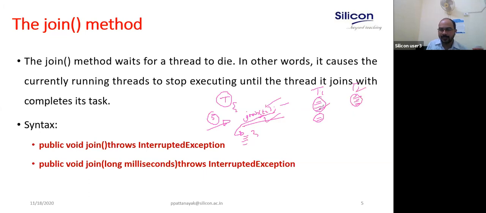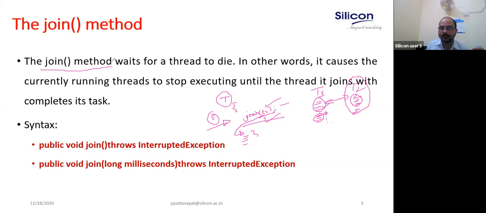If these instructions run concurrently, no issue. But one of the instructions of T1 requires the result computed by T2. So T1 should not execute further. Once T2 is complete, then T1 can execute the other instructions. That type of problem can be handled using the join method provided by Java.